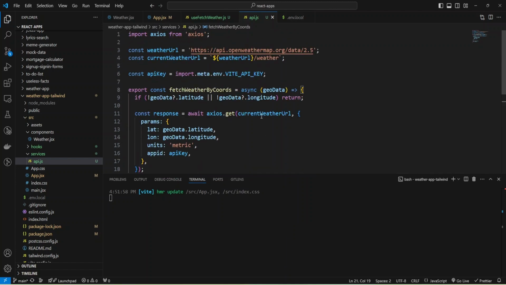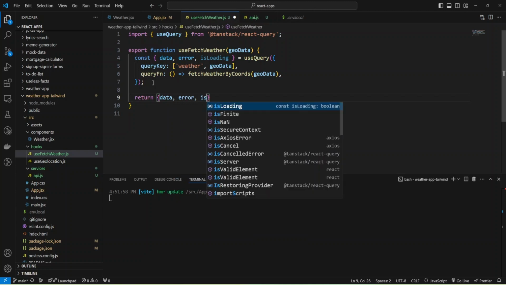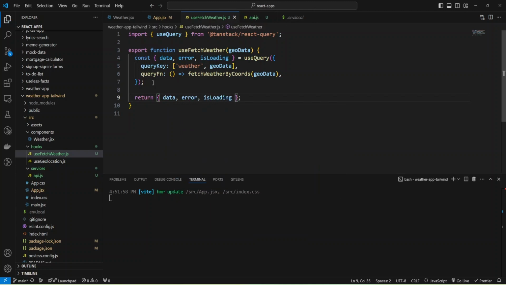Okay, we have our response, and we need to return this data from our useFetchWeather hook. Let's do it. Return, and we'll return data, error, and isLoading. And now we can go to our component.